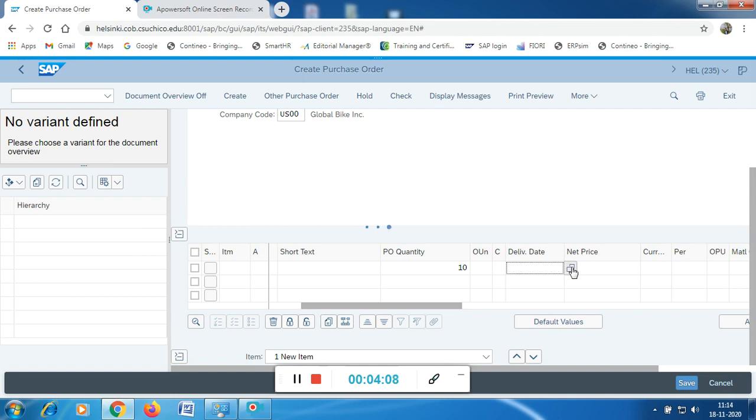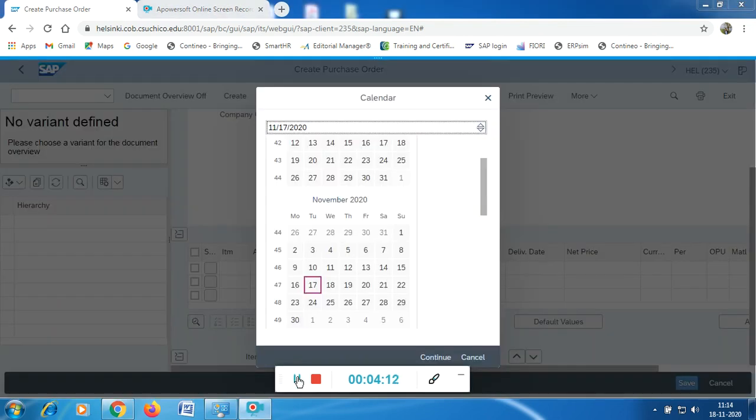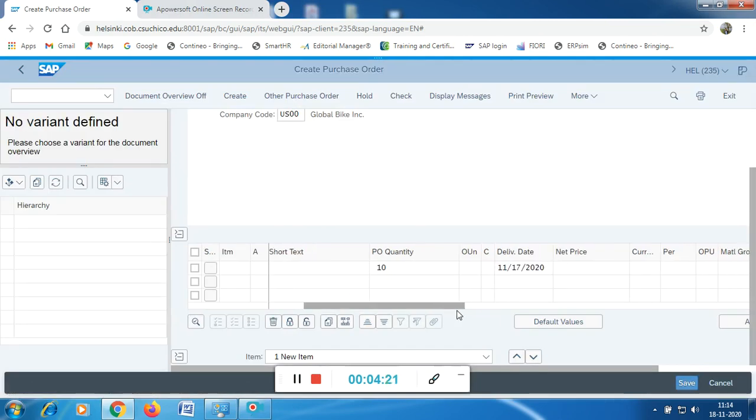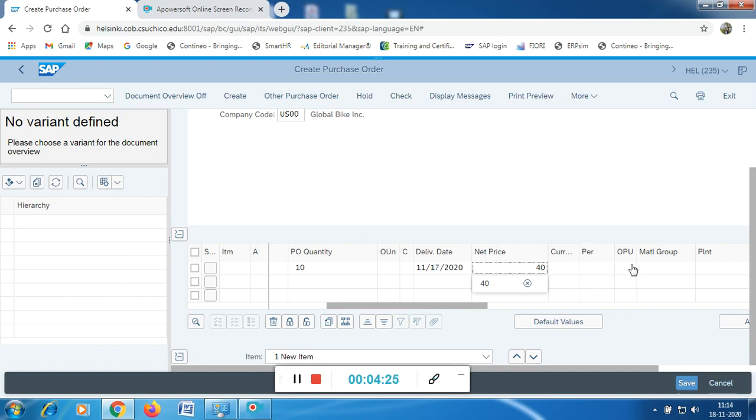Sometimes if it doesn't load, just give an enter. Once it loads, it asks for the delivery date here, so take today's date. And for price, you can give some $40 US. I'm just assuming the price here.